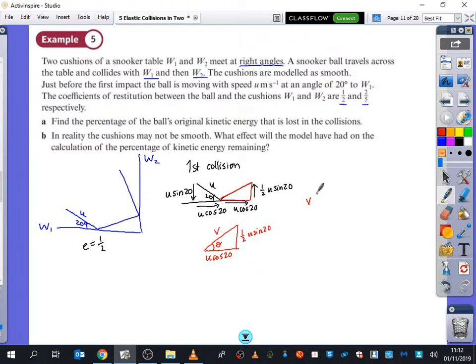We know that v squared equals u squared cos squared 20 plus this squared, which is 1/4 u squared sine squared 20. So we could factorize that right-hand side, and you get u squared times cos squared 20 plus 1/4 sine squared 20. So v is equal to u, the square root of this,